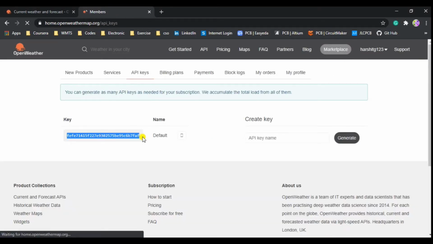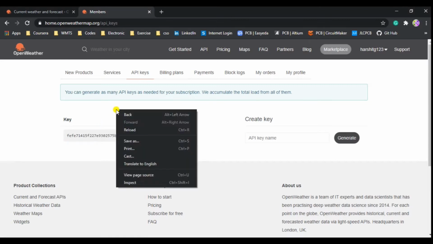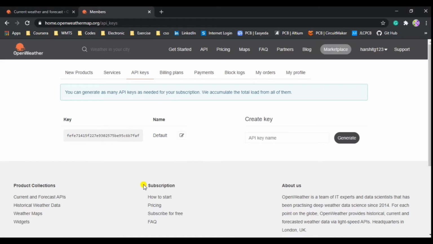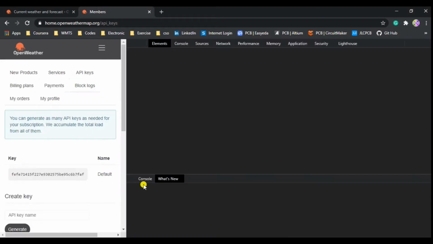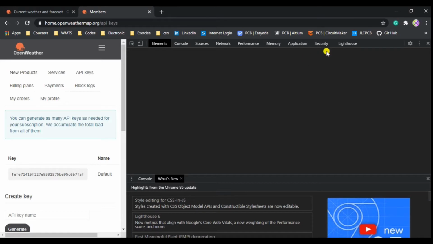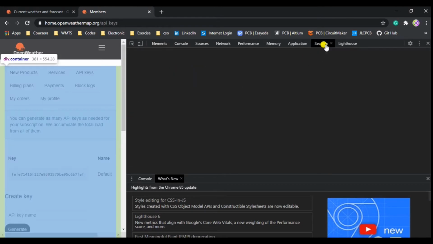Okay, so this is the API key for the project which I have shown in my code. Also you will get the fingerprint of the server by right clicking and going to Inspect. Now go to Security.